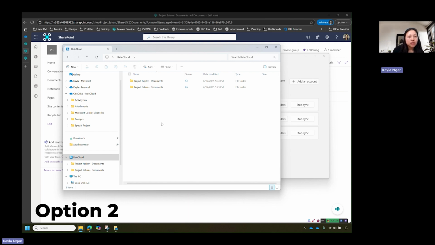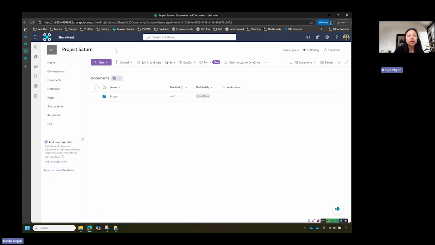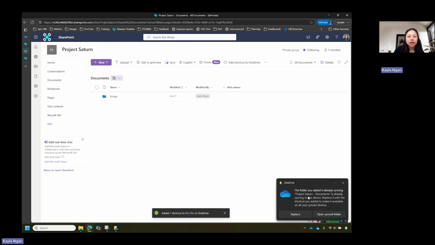So in the second option, I can start in the web, actually, and I can add the shortcut first. So this relationship is still syncing. We go to the web. I'll click Add Shortcut to OneDrive. And you'll see here that I get a dialog, a notification actually, that the folder is already syncing, and I get prompted to replace the existing sync relationship. So if I click Replace,